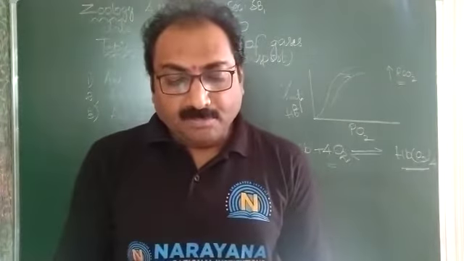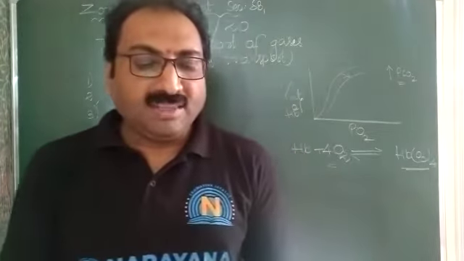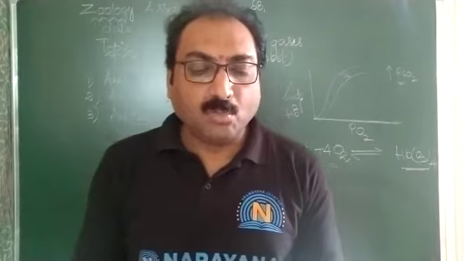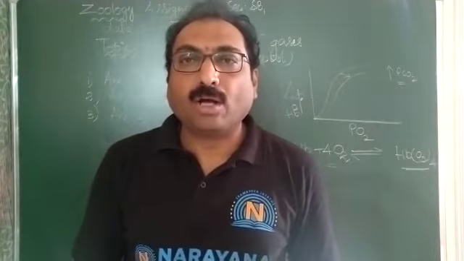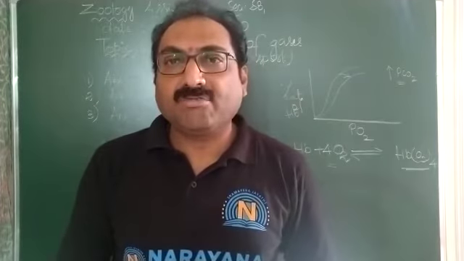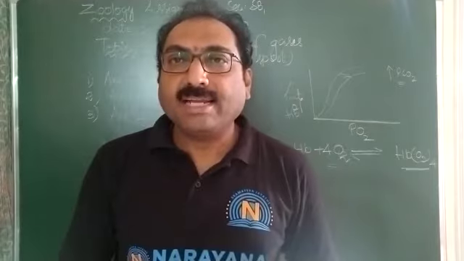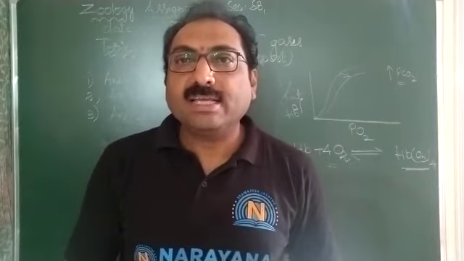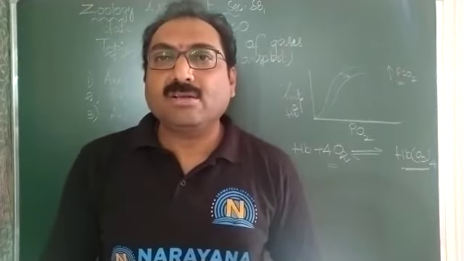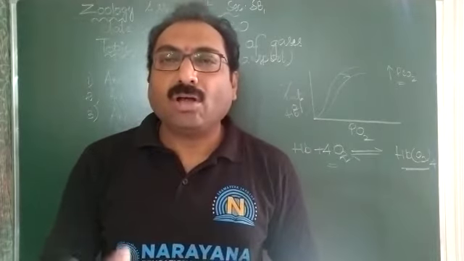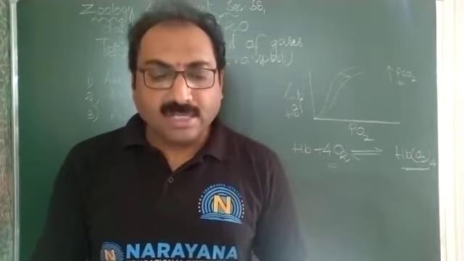The fourth question: binding affinity of oxygen with hemoglobin decreases due to certain factors. What are they? When there is high partial pressure of carbon dioxide and low partial pressure of oxygen, when there is high temperature, when there is an increase of acidic nature or acidity, and when there is an increase of 2,3-diphosphoglycerate. When all these conditions are there, the affinity of hemoglobin with oxygen is decreased.